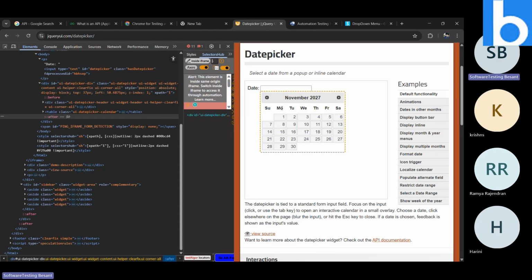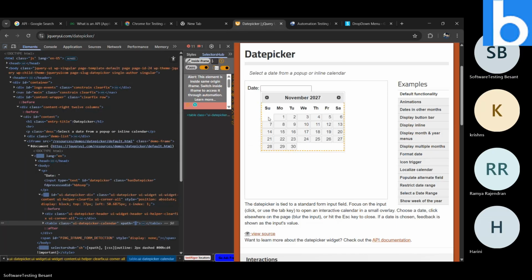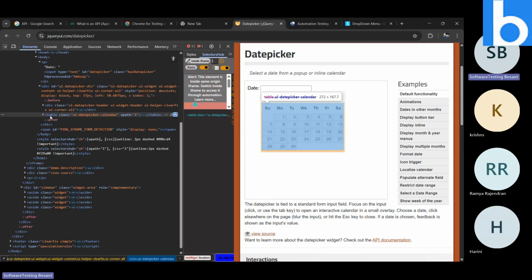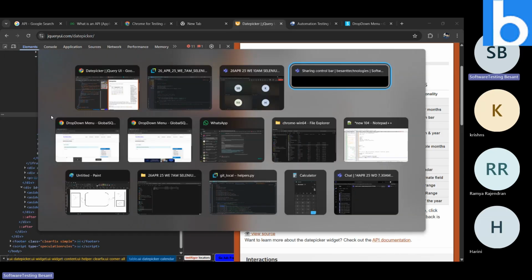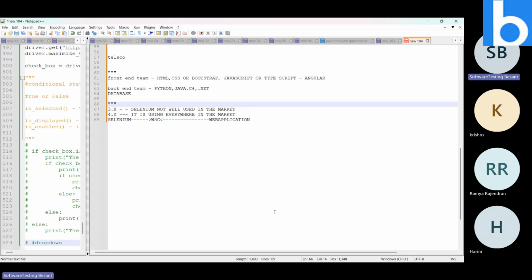You can see Sunday, these weeks are a row. The one below is also a row. This is also a row. These are columns. So when we are selecting this, it is a table. Inside the table tag, we have the values. How will a table normally be developed? I will show you how tables are built. There is a table tag. Inside the table tag, there will be a